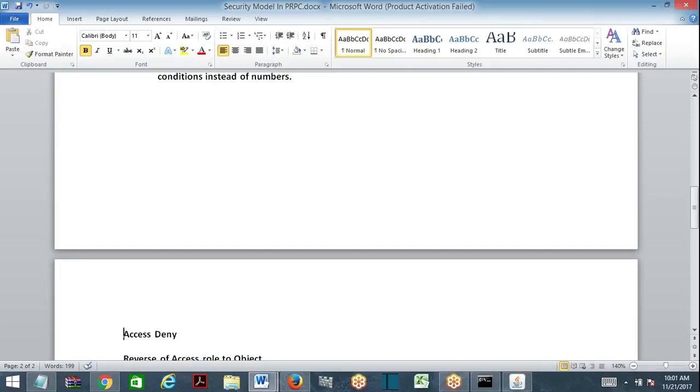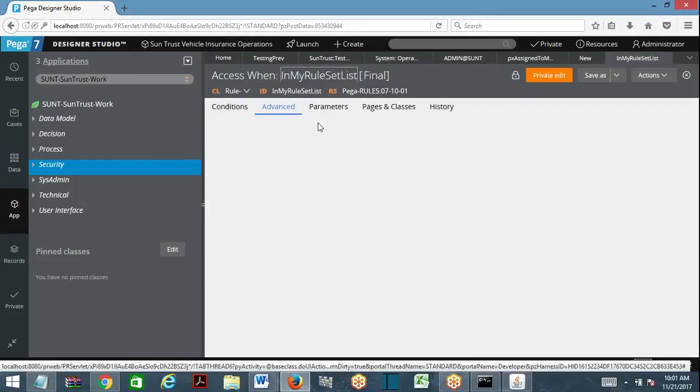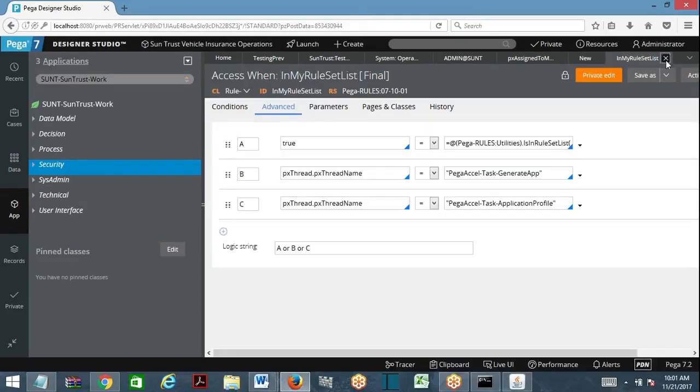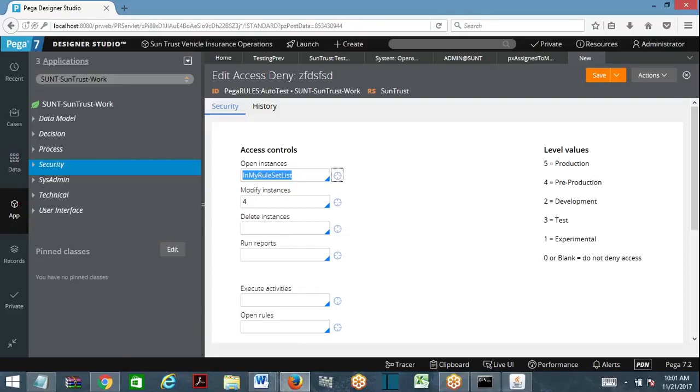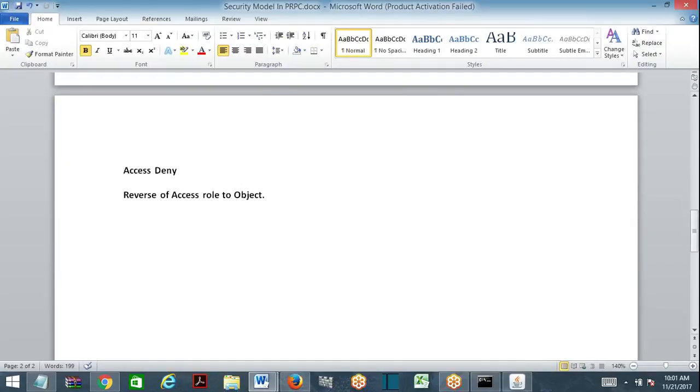You can specify when rules also. Whichever environment satisfies this condition, will it be denied or allowed? It will be denied. Reverse. So access deny rules also can call when rules.